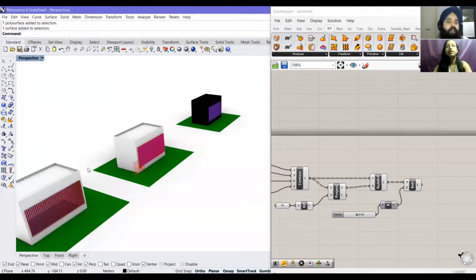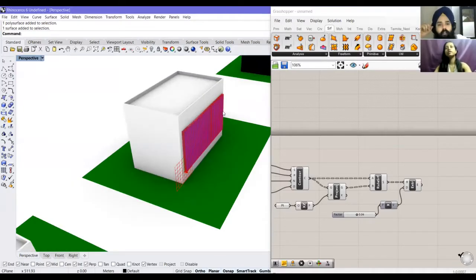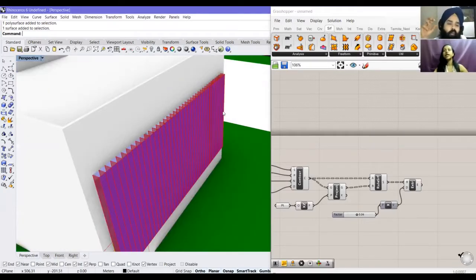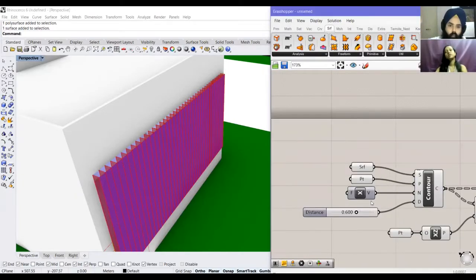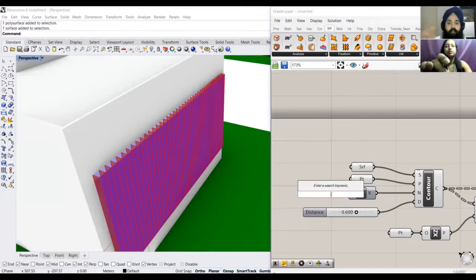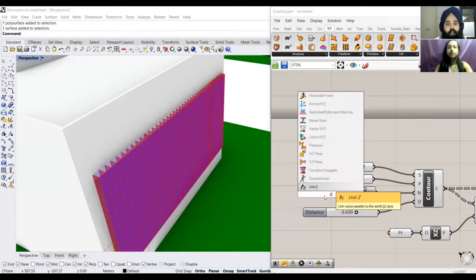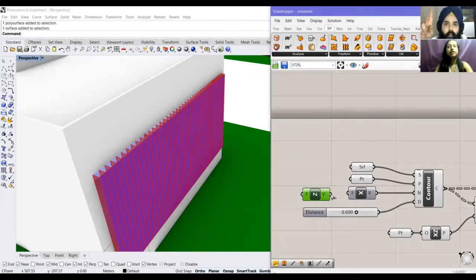Now let's say your analysis says that you didn't need a vertical louver, you needed a horizontal louver. So basically, different iterations are possible. Here you're trying to show us that this is iteration 1, this is iteration 2, iteration 3, with the same logic and change of parameters, just so that people can compare and see the different results. And there will be some people who would be thinking that